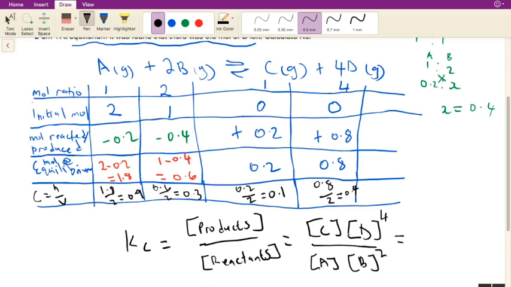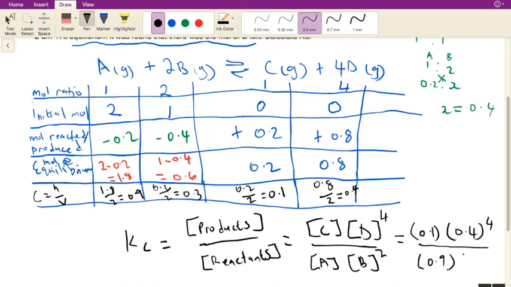So we know these concentrations at equilibrium. We've calculated them in the last row in our table. We can then just substitute the values. For C, we know that C is 0.1. Actually, when you write them, you don't have to write the square bracket. I'm being very, very slow here because I want you to understand this. So for C it is 0.1, for D it is 0.4, 0.4 to the exponent 4, and for A it's 0.9